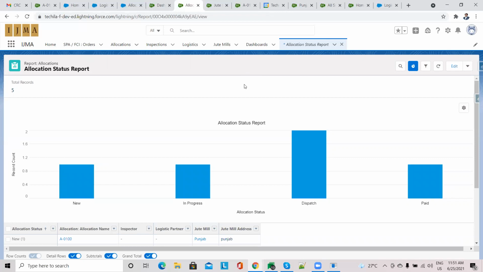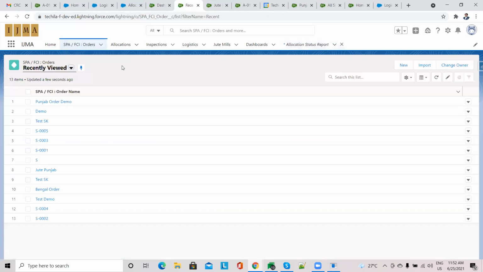So this is the view for the commissioner officer. At any given point of time, whenever he wants to see how many orders are in progress and how many orders were dispatched, he can always see it over the graph, over the report level. So he has a better idea of how the orders are going. Is there any delay or is there any concern? I guess that's all we have for now.